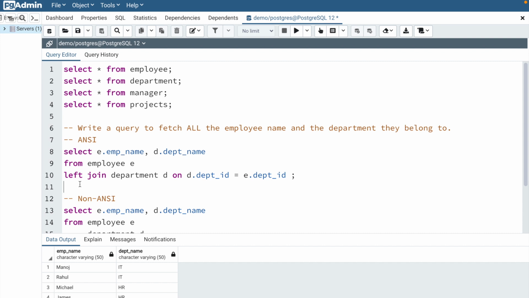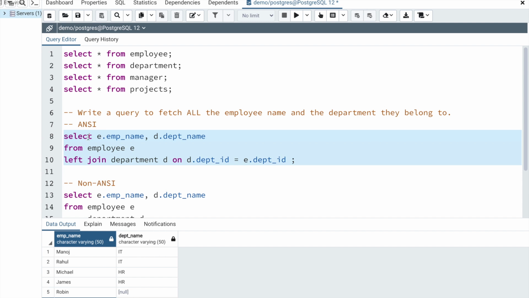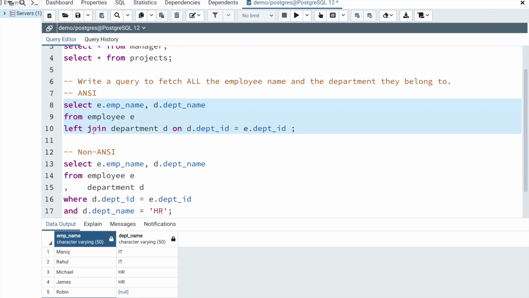Okay, so now if I execute this query, you can see that I'm getting 6 records. Robin and Ali were the 2 employees who were not fetched previously, but since now I'm using a left join, it's able to fetch that. Now this is fine. So using the ANSI way of writing SQL queries, we can pretty easily do any